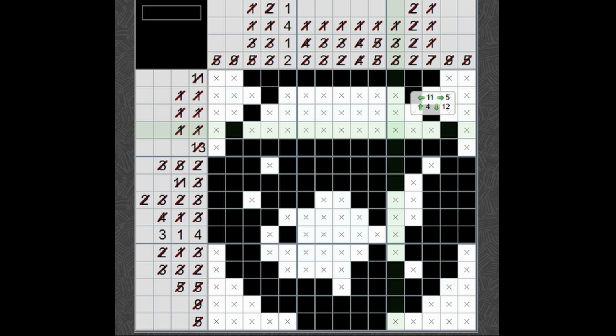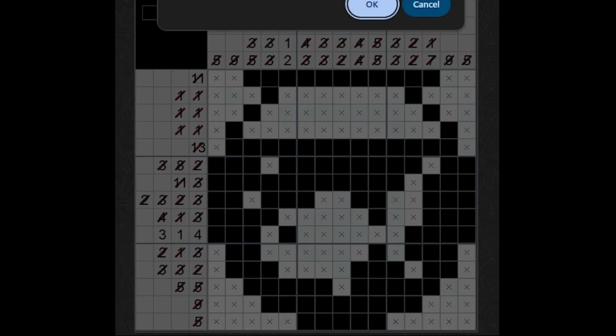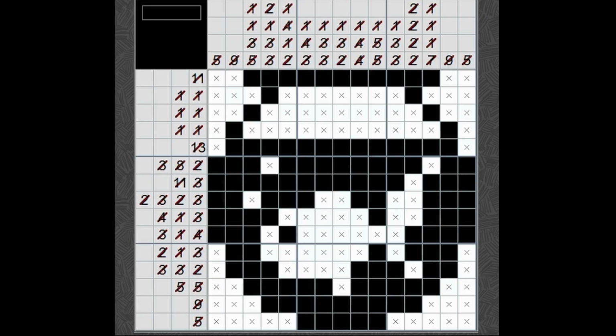I think we might actually have this solved. Oh yeah, perfect. I'm still not sure what it's supposed to be. Oh, it's a fish in a bowl. I don't know why my brain wasn't registering this white part in the bubbles. There you go. That's a nonogram for you. Not super helpful, I'm sure, but